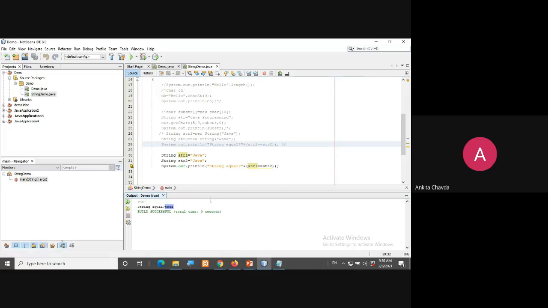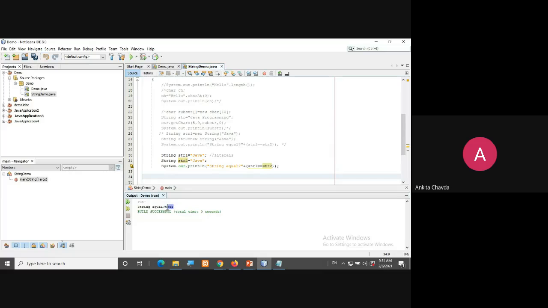Have you seen this? Here I have used literals. I'm not creating objects here. String1 equals a string literal, string2 equals a string literal, and I'm checking whether string1 equals string2 or not.